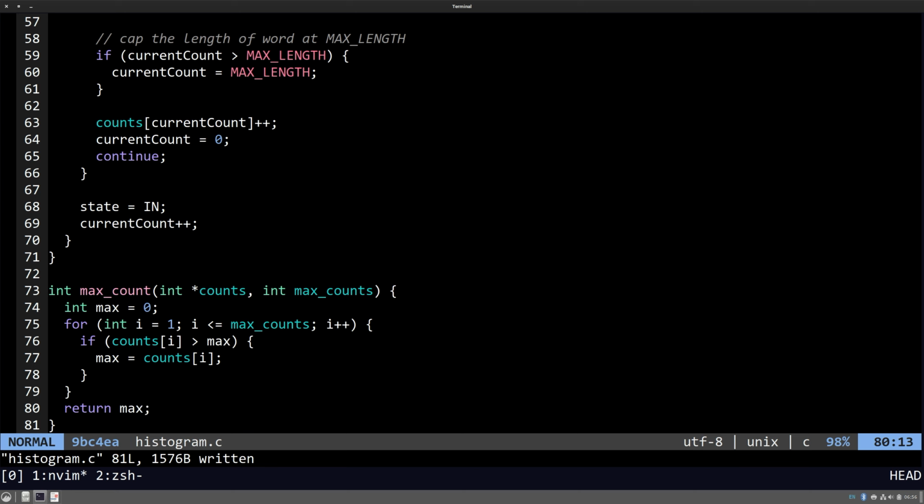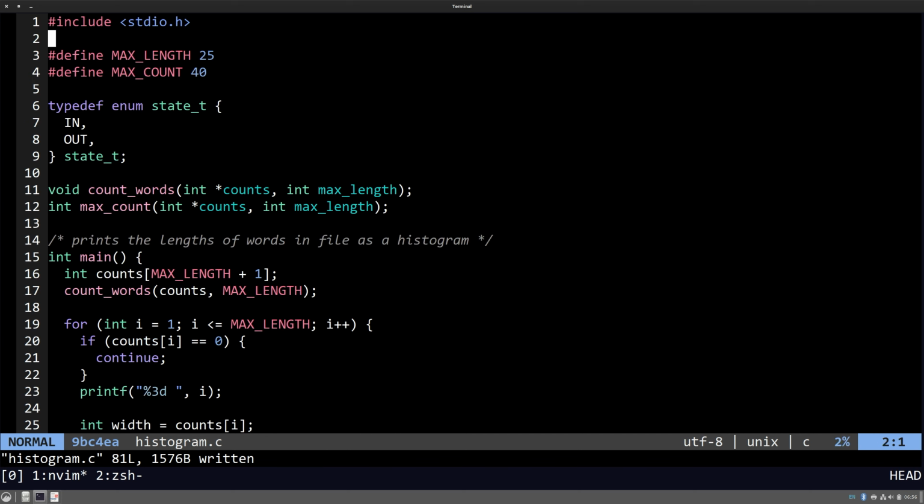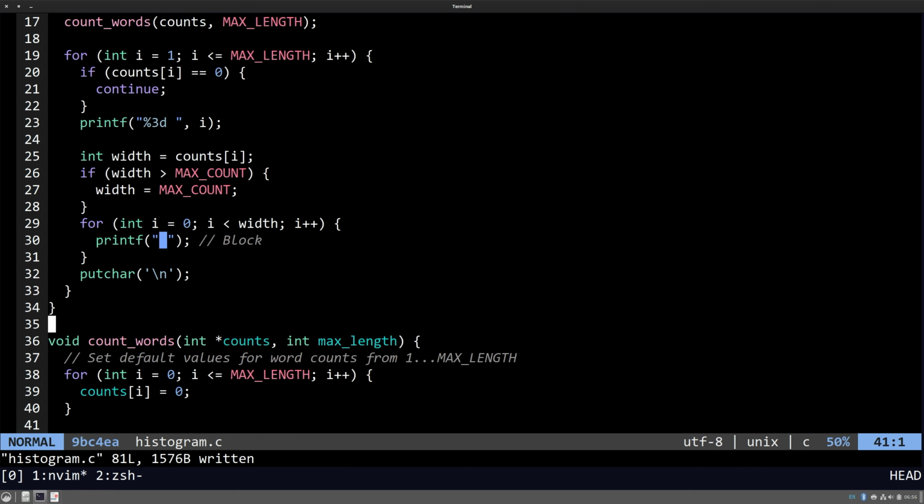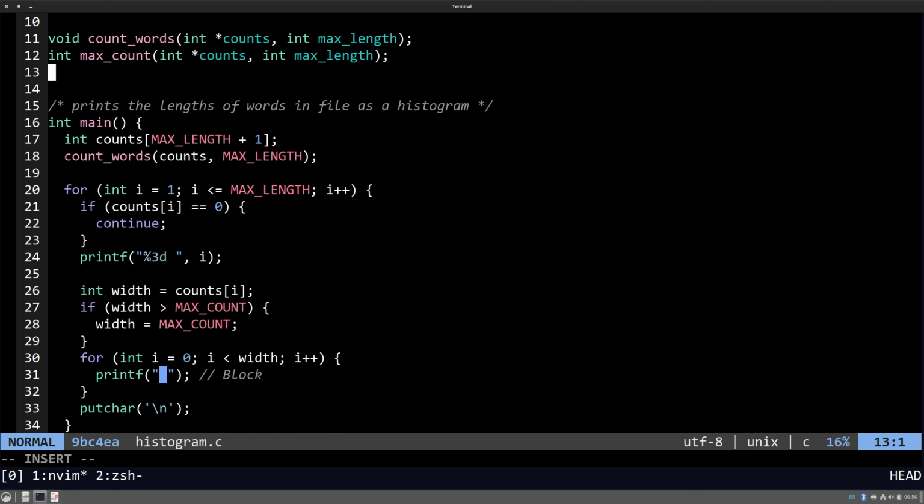Okay. And then yes, so we have a function to count the maxes,